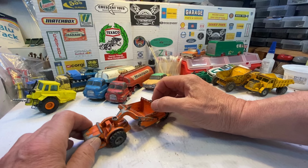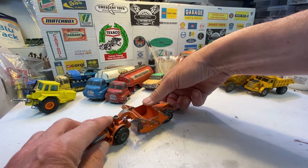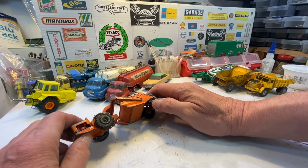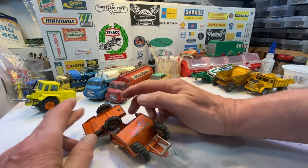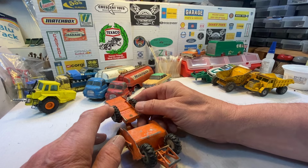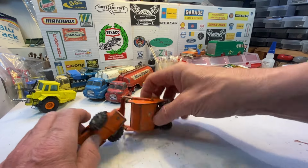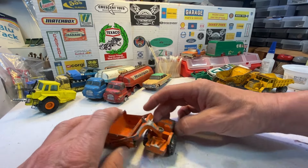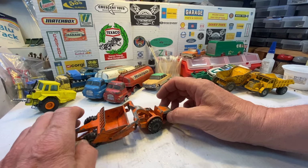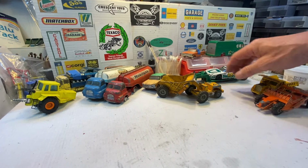And a bit more plant. This is one of those road grading machines, and I'm not sure if this one, yeah, it does still work. Look, so you can be pushing it along and scrape up your sand as a kid playing with it, and that's quite nice. Let's just see. Matchbox king size Allis Chalmers motor scraper, number 6. It's number 6 just there, and that is intact and it's working. It's got its original springs both sides. I think the tyres are original, and that'd be a nice one to do. So a nice little series of plant coming together,